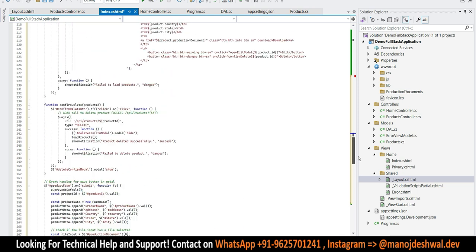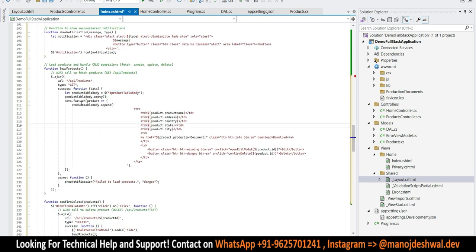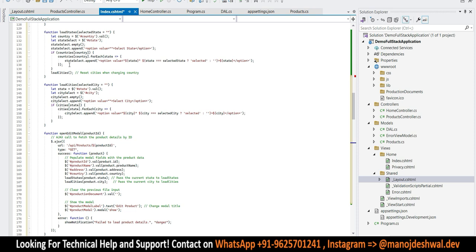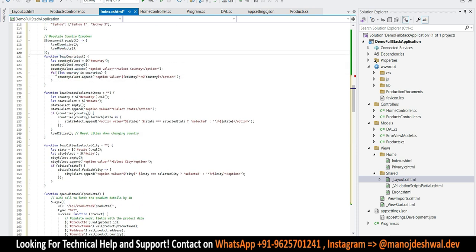So come back here, and once it has the data, then using this for each loop, it creates the dynamic rows and appends. All right, now go back to the load. So this is done, this is also done. Now whatever country we select, based on this we execute this load state. So again, first it takes the country, and based on the country it filters the states and appends to the states